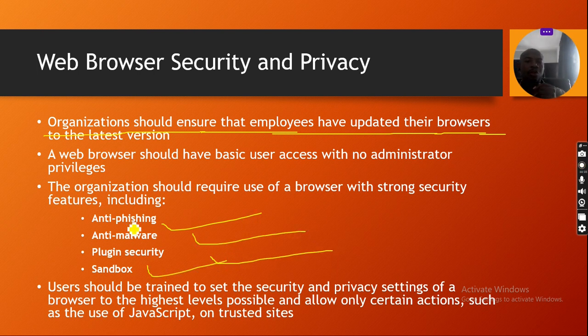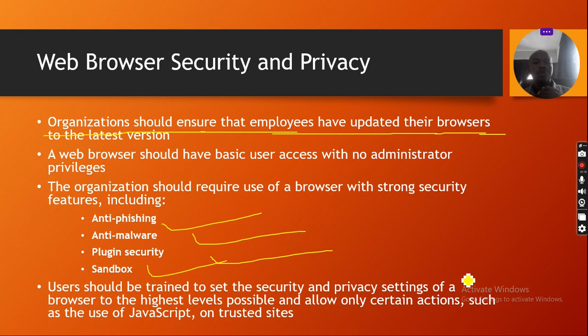They should have the following, meaning the adversary should not easily gain access to your network. So you should provide anti-phishing. Phishing is when the adversary can easily gain access to your system. So the browser that you're using should have anti-phishing, strong anti-malware, and plugin security and the sandbox in order to protect you from the adversary gaining access to the organization's files